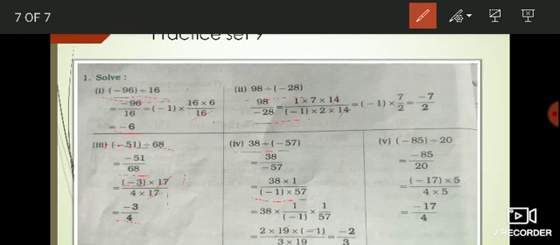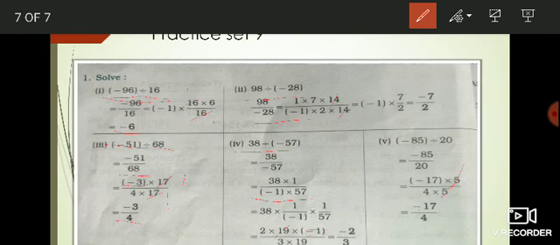Okay, now at last fifth example, minus 85 divided by 20. 85 and 20 both are divisible by 5 because at the unit place 5 and 0 are there. What is the divisibility test for 5? When at the unit place of any number there is 0 or 5, then that number is divisible by 5. So here 85 is present in the 17 table, that is 17 fives are 85, and 20 is 4 fives are 20. 5 will get cancelled.